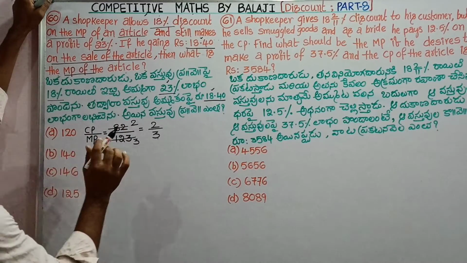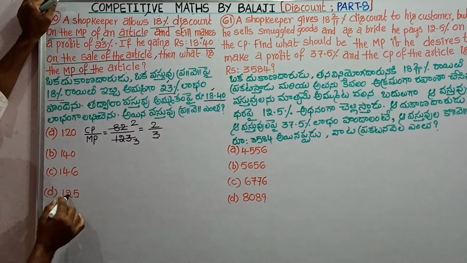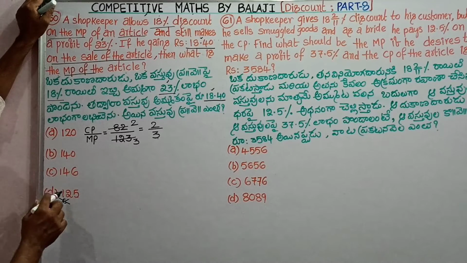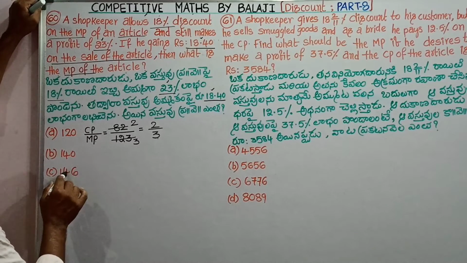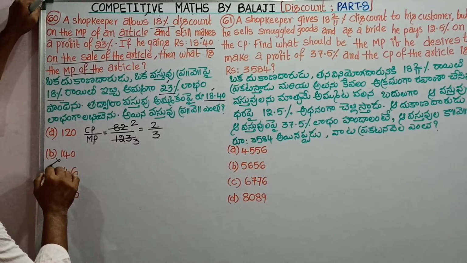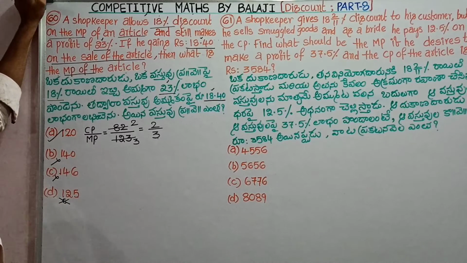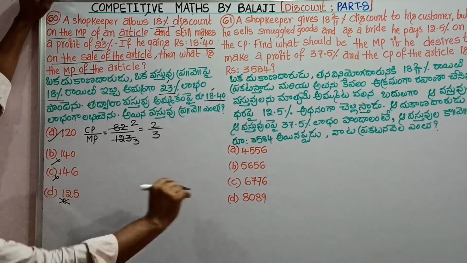So market price must be a multiple of 3. Consider 5 plus 2 plus 1, 8. The digital sum is not a multiple of 3, so it is not a multiple of 3. 4, 6, 10 plus 1, 11 is not a multiple of 3. 4 plus 1, 5 is not a multiple of 3. 2 plus 1, 3, yes, a multiple of 3. So the answer is A. But let us see the actual process.